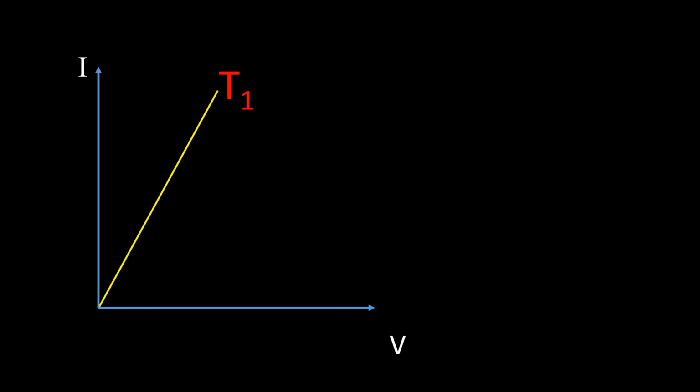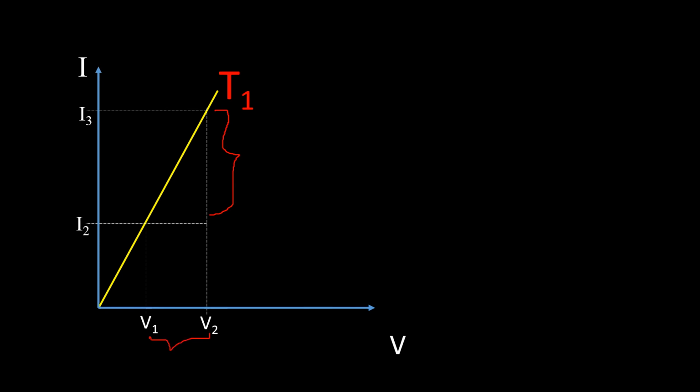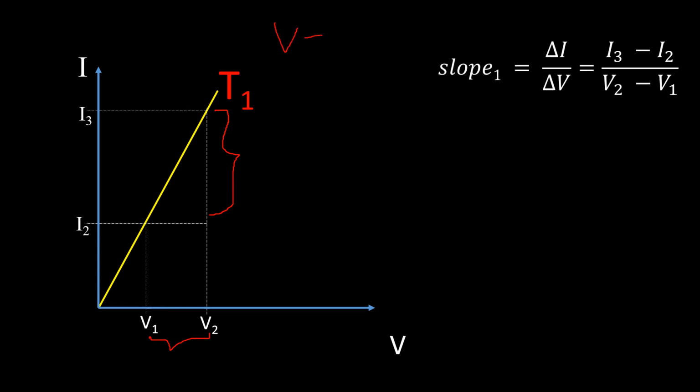What if we take the slope? So if I take the slope, I'll have to take delta y by delta x, okay, that is delta I by delta V in this case. And Ohm's law says that V is equal to IR. So what is I by V? R is equal to V by I, and so I by V is the inverse of resistance. So this quantity is giving 1 by R.